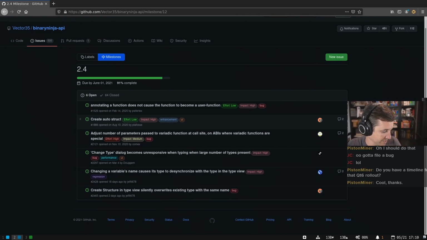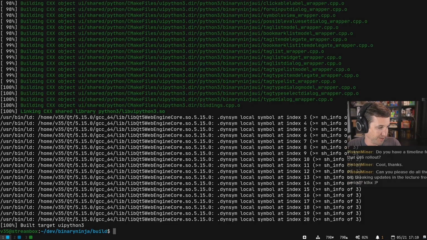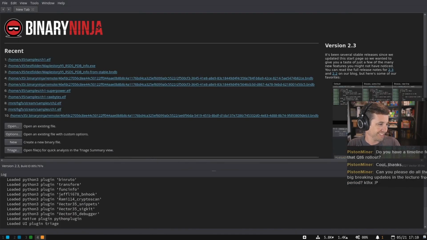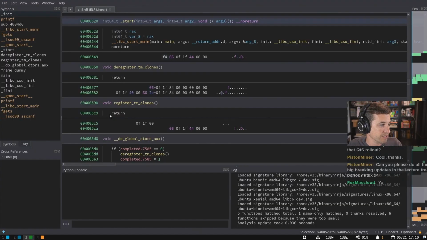There's two new ones. One that just landed on dev this week, and one that I think I just built the test branch of. So we're going to find out if it runs. That's a great sign. It runs. Okay, so this one is going to be the test branch that has a secret feature. So the secret feature that's coming in this test branch, I don't want to release it. I don't want to talk about it yet. We'll surprise you guys in a second. And then here is our dev build.